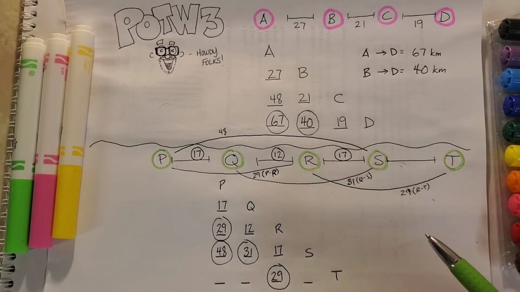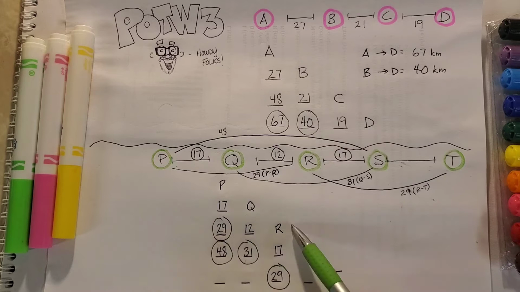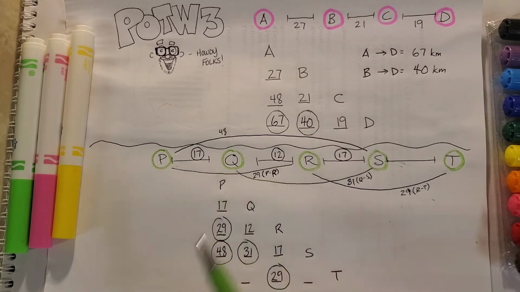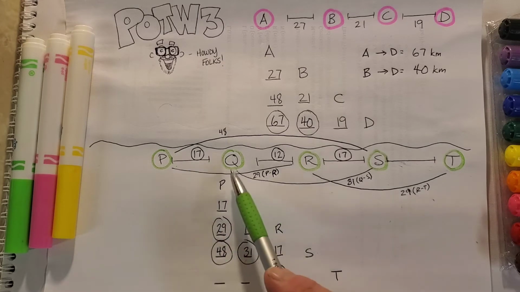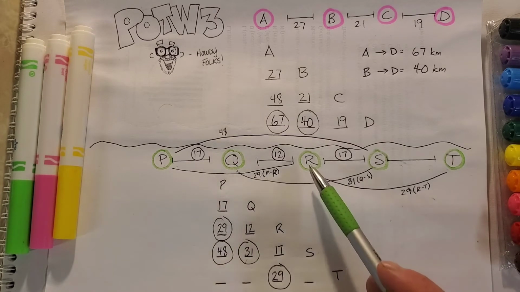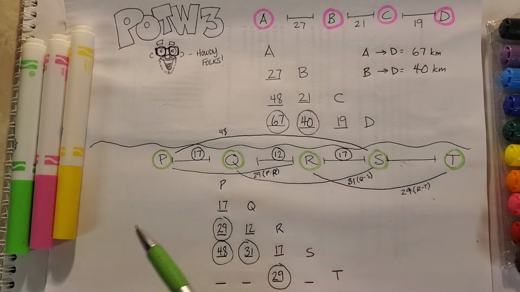So what I did to start solving this question is I started recording these distances up above on my chart. So I knew the distance from P to R was 29, so I wrote that in there. P to R, 29. I knew the distance from Q to S was 31. All right, Q to S, 31. And I also knew the distance from R to T was 29. All right, and I was given one longer distance, and that was P to S, and that was a total